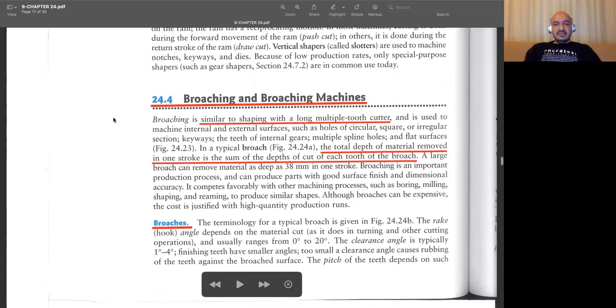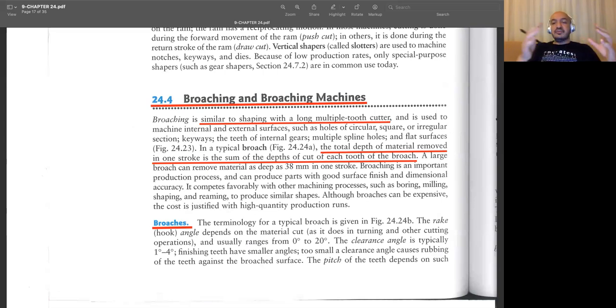Then we have another machining process. It's called broaching. The machines used for this process are called broaching machines, and the tools are simply called broaches. I will show you some examples in a moment. The main function of broaching is to open some complicated profiles on the internal or on the outer surface of the parts. So they are not removing too much material, but they are opening some complicated shapes,